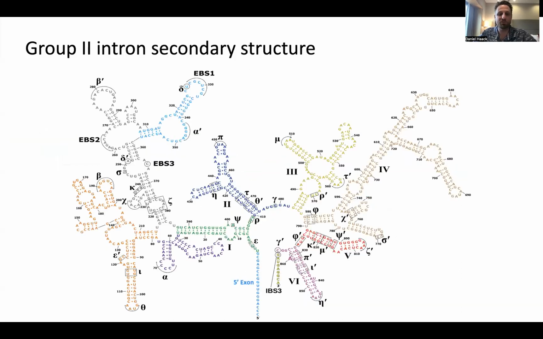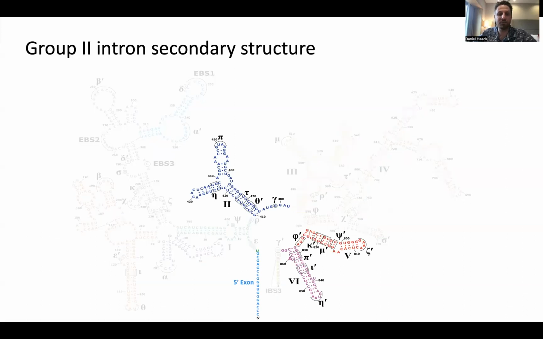So what does the group 2 intron look like? Here I have shown the secondary structure of a group 2 intron RNA that we used in this study. It's quite large at 866 nucleotides. I'm going to hide the portions that are not relevant for this presentation and take you through the necessary features and interactions. As I previously mentioned, dynamics are required for substrate exchange between steps of splicing, and this is mediated